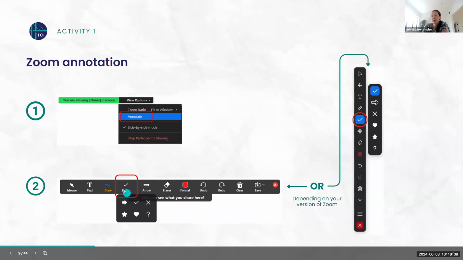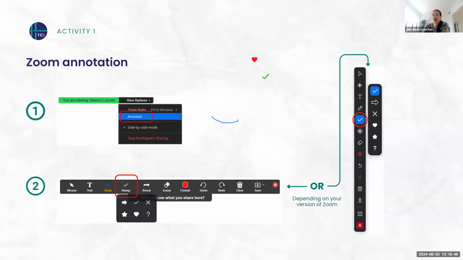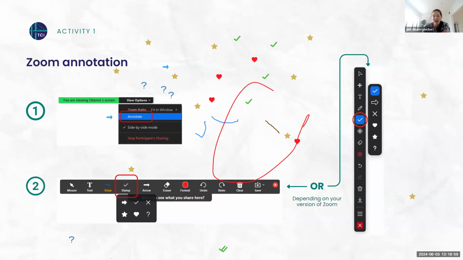And then I highly recommend picking the Stamp tool and making any kind of stamp you would like on the screen. Awesome. I see a heart, a check. Perfect. People are drawing. There are also instructions in the chat, and I will walk you through it one more time. We're going to use annotation a bunch today, so it's totally worth it to learn how to use it.